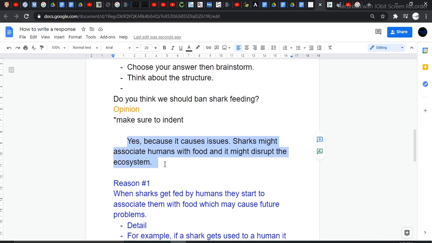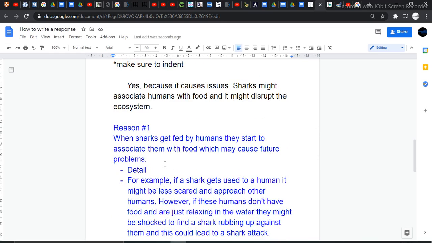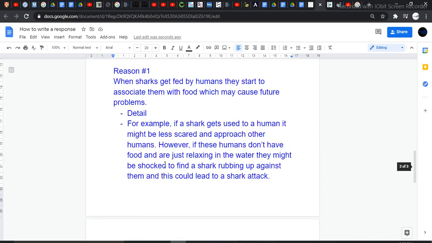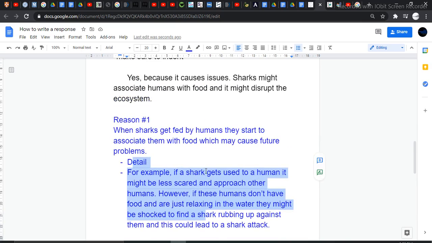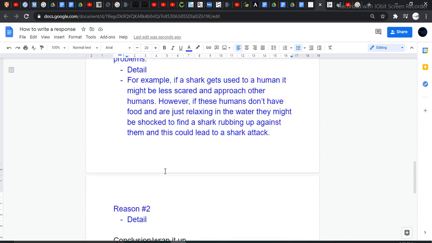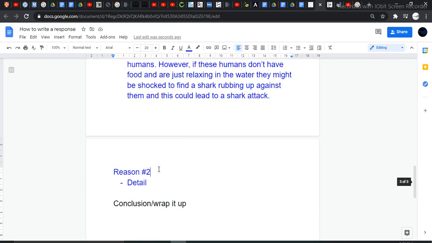You don't have to do too much. You can just be basic at the beginning and just keep reworking it and reworking it. And then we have our outline. This is all a rough draft. This is my rough draft. I like to do this first and then clean it up. I'm going to go into my reason 2 here and then finish up. So reason 2,